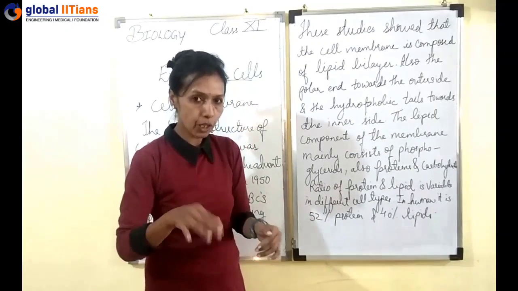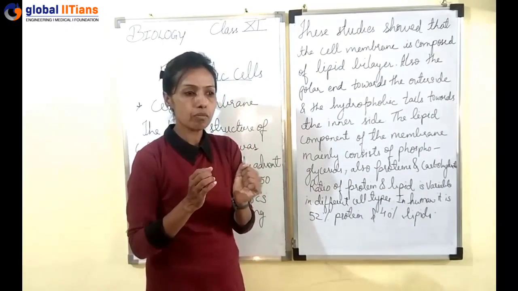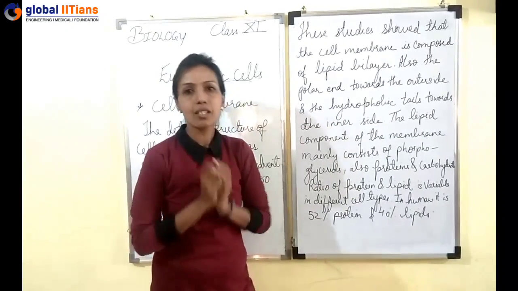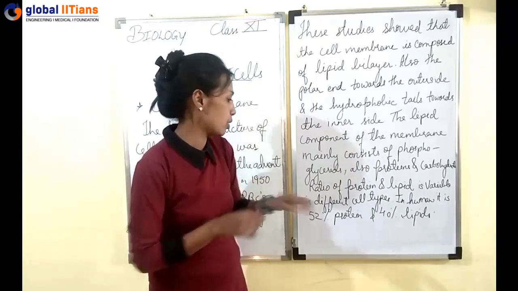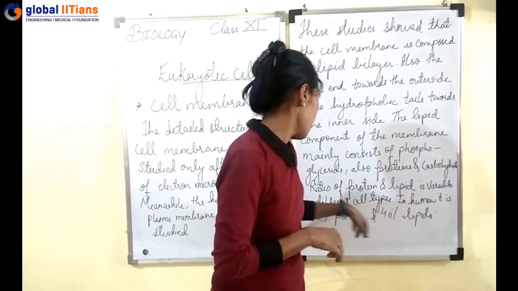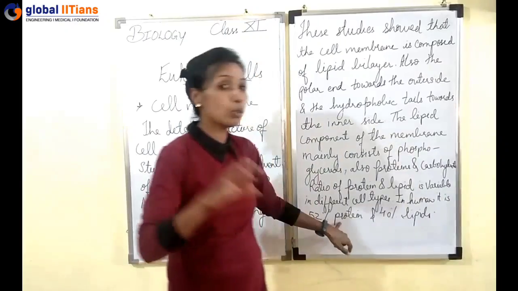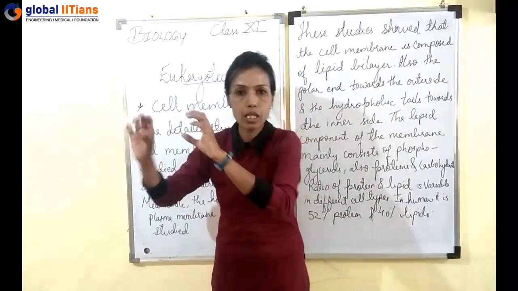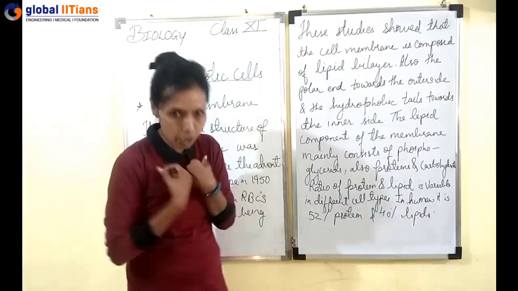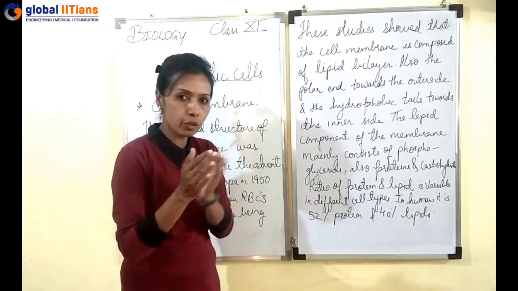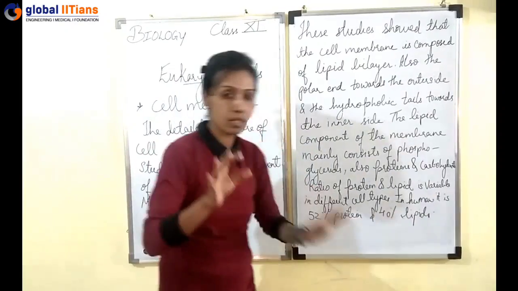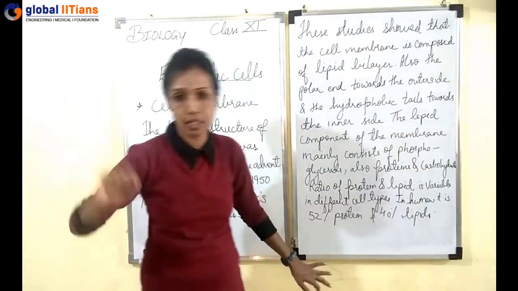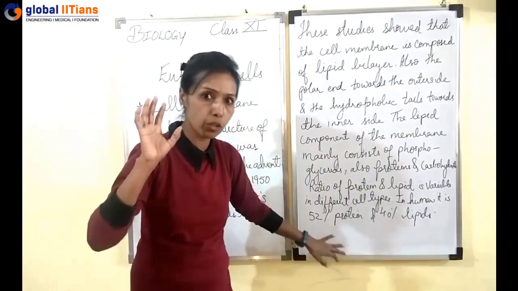In the case of human beings, there is a ratio of protein and lipid of which the cell membrane is composed. Actually, in humans, it is 52% protein and 40% lipids. Again, cell to cell this ratio is different, but in the case of human beings, the ratio of protein and lipids is always the same. 52% protein and 40% lipids, underline this. It can be asked in any of the objectives.